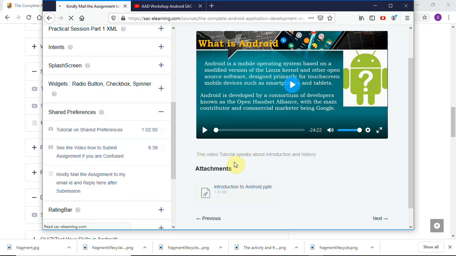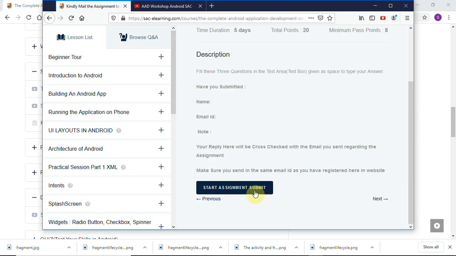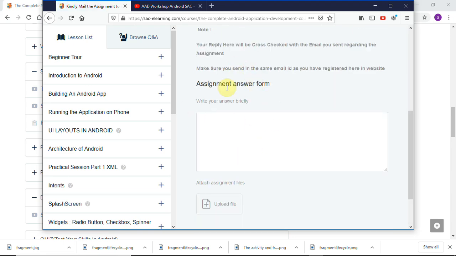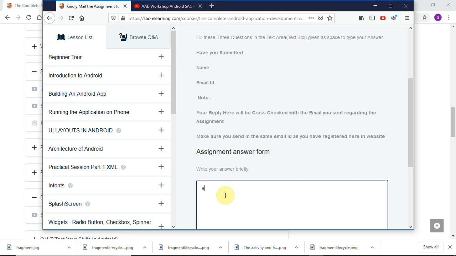Now when you say start assignment submit, people who have mistakenly submitted without any entry, I'm going to delete that assignment and give you one more chance. You can just mail me or ping me on my WhatsApp number. When you say start the assignment, you will get it here. What you have to fill here is your name, and your email ID, whatever your email ID is. So you fill your email ID, then fill